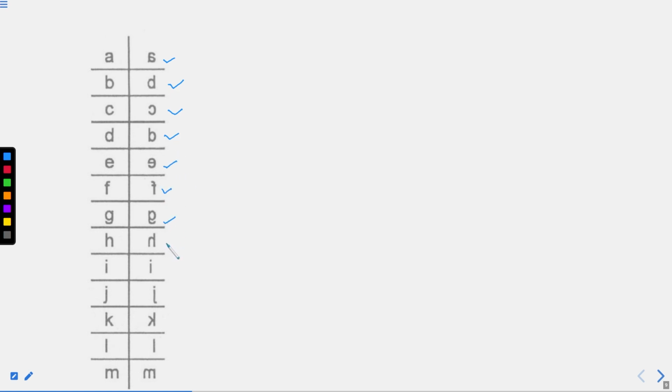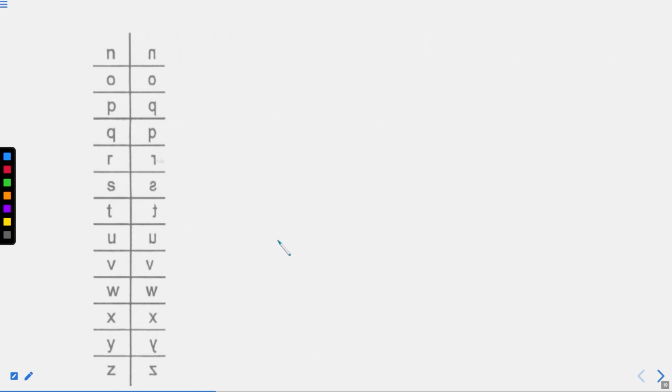Why am I revising each and every alphabet? Because this will help you in the question part, right? Now H, for I it is similar. For J it is again different. For K, for L it is same. For M it is different, right? So how many in number? 2 are similar, right?